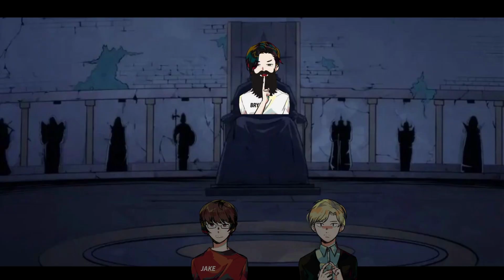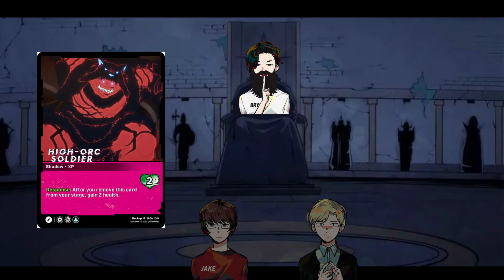It also has another ability on it. It has response after this card is removed from your hand, build it transformed. That matters because all 5 cards, of course, have XP, the thing that Sung Jinwoo cares about, to level up the old-fashioned way off of his character. So if you remove it from your hand to build it transformed that way, you get High Orc Soldier, which is a Shadow XP backup with 2 health. And it has response after you remove this card from your stage, gain 2 health. Now, as we know...